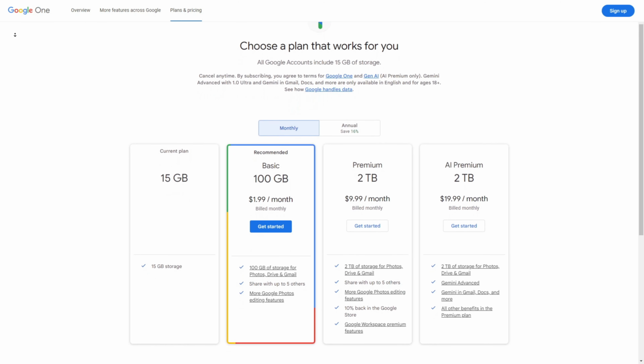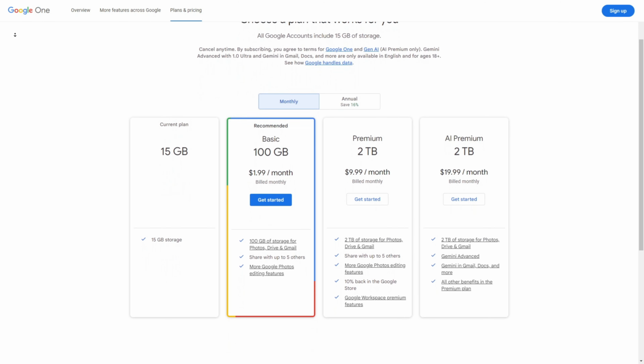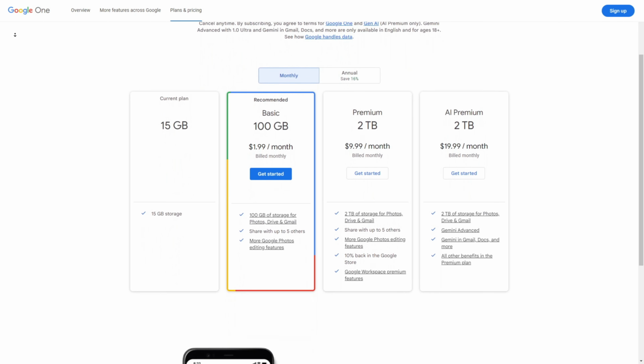Personally, this is no great loss to me because I already have a Google One subscription, and depending on what tier we're talking about, right? Like if they just have a Google One subscription and this is going to function the same as Google One VPN, it's just part of the basic package. We're talking about $2 a month,